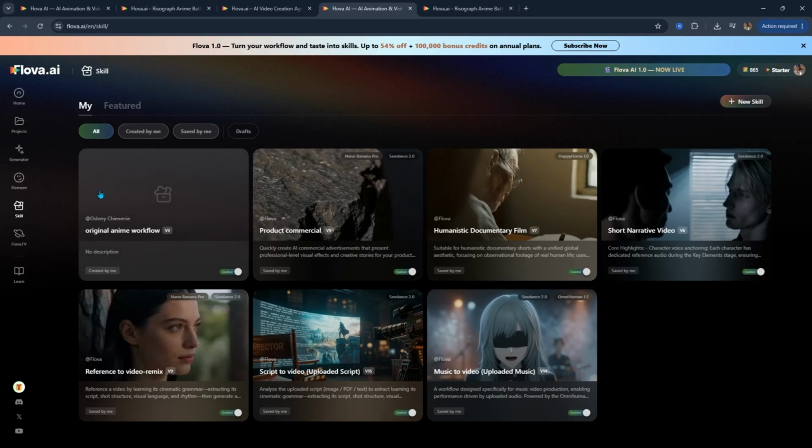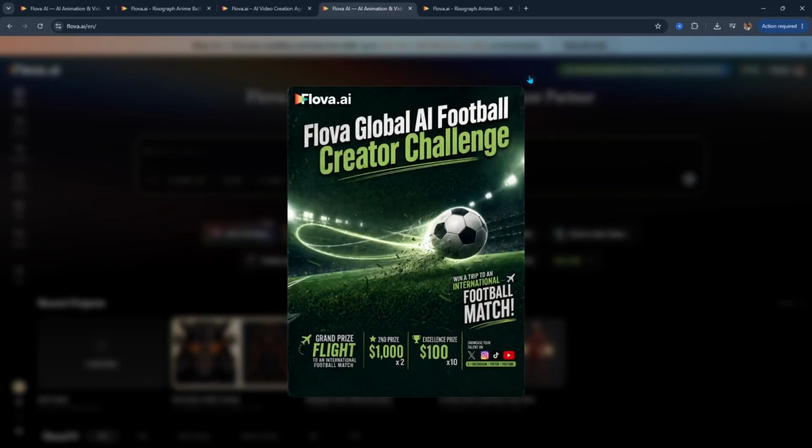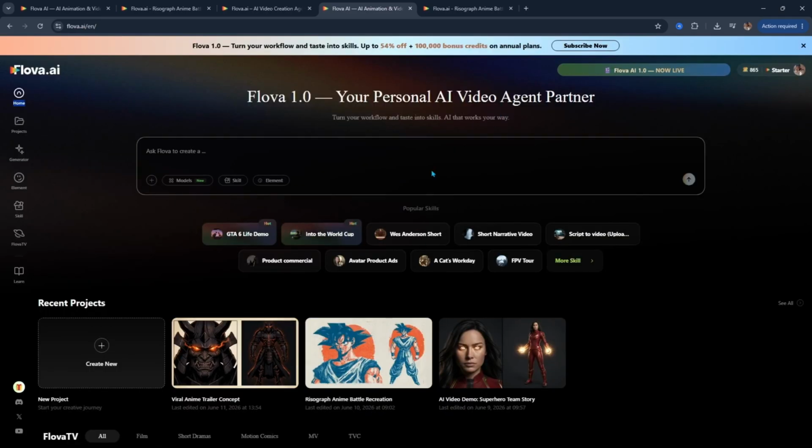It all depends on what you're creating and what you need. It's all based on your ideas. One thing I love about this is the animations are actually great. The process is smooth. The agentic chat understands what you want. You can ask it how many credits it will take to create something, and it tells you. You can actually plan your budget. You can know what you want to do, what you need, and whether you have enough credits.